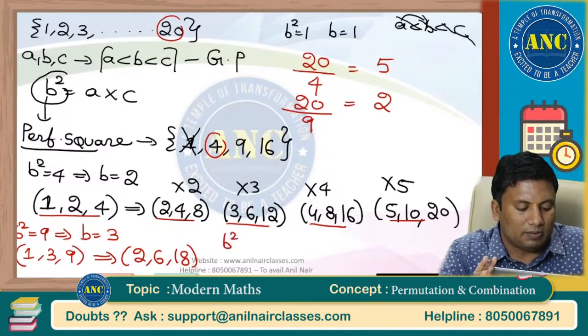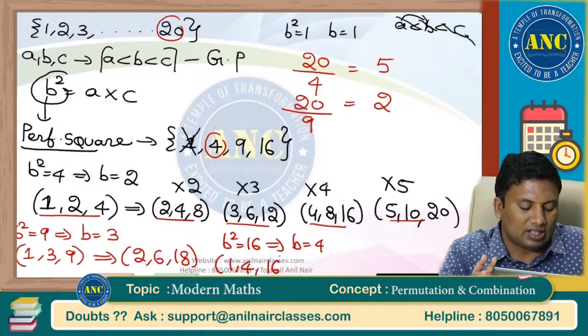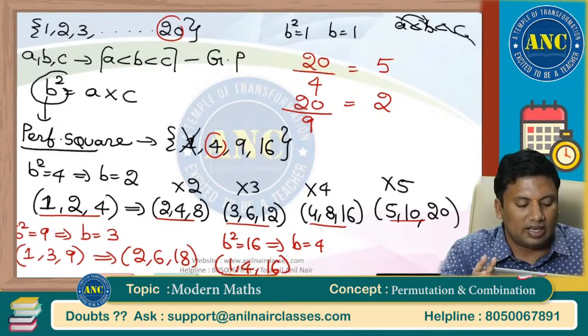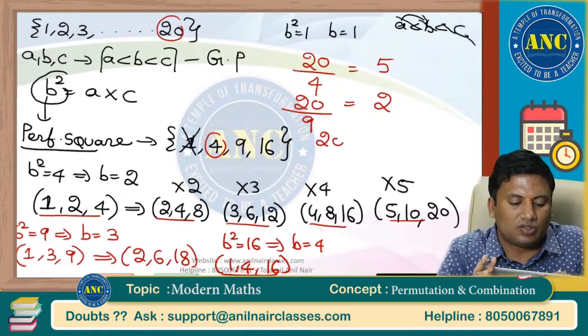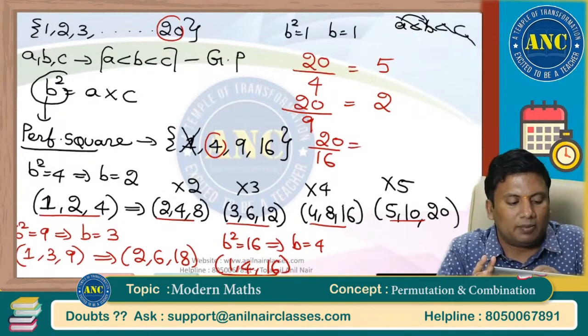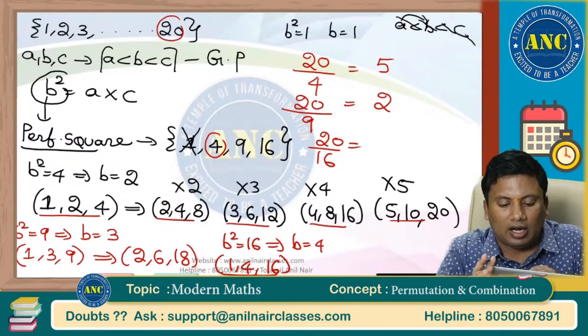Next it is B square is 16. B value will be plus 4 or minus 4. 1, 4 and it is 16. No other case is possible. Directly 20 by 16 is nothing but 1. Either B square 4 or 9 or